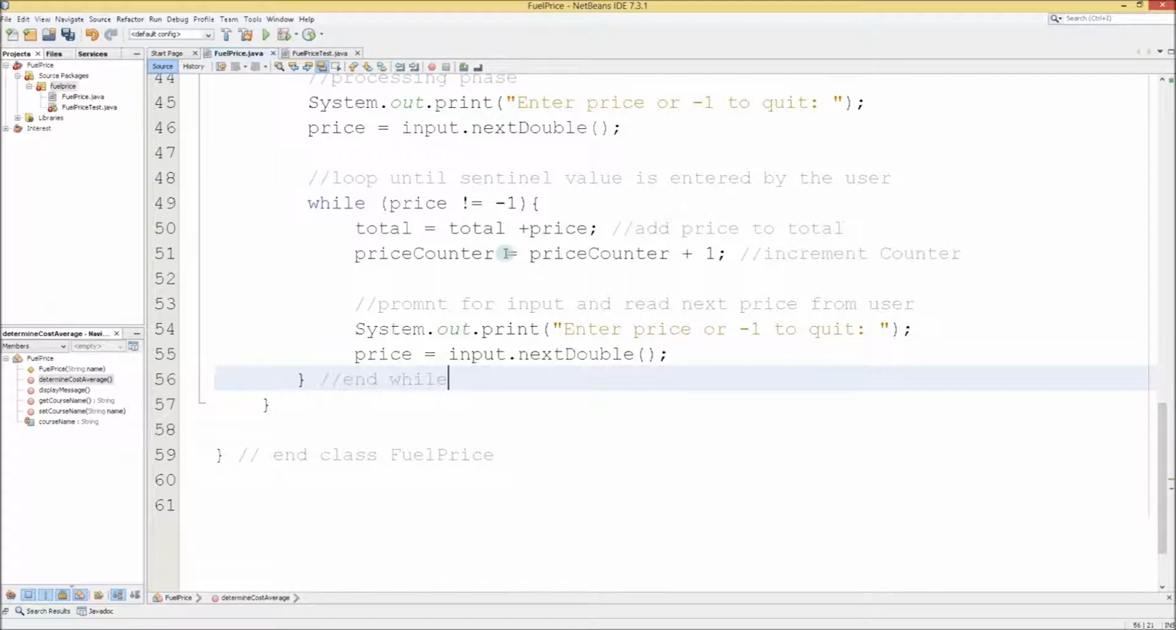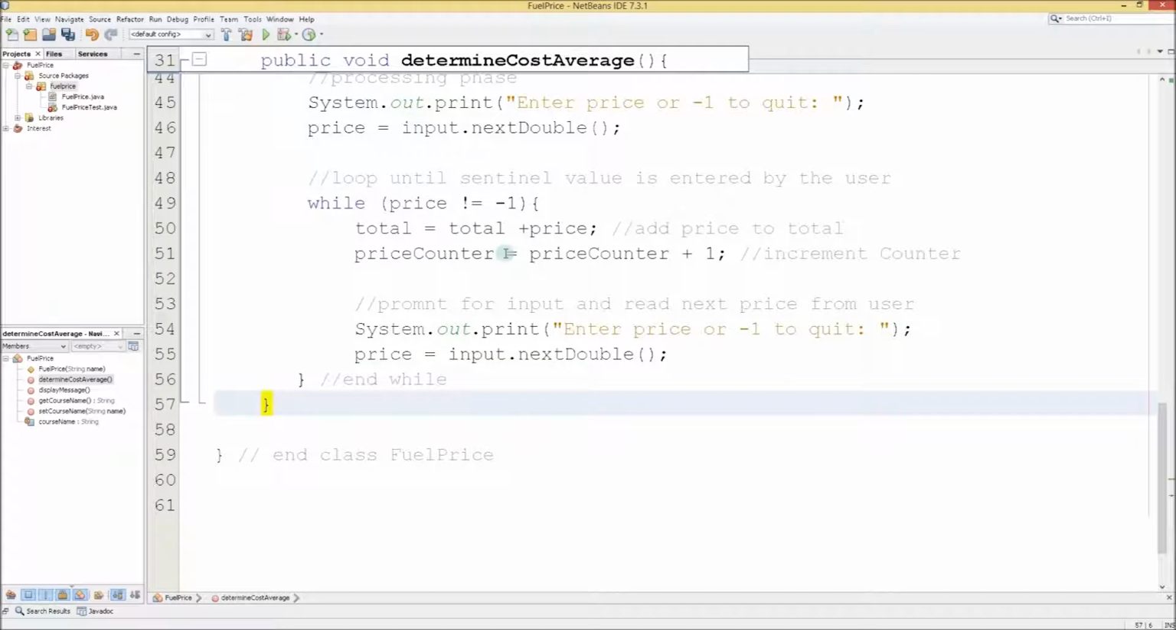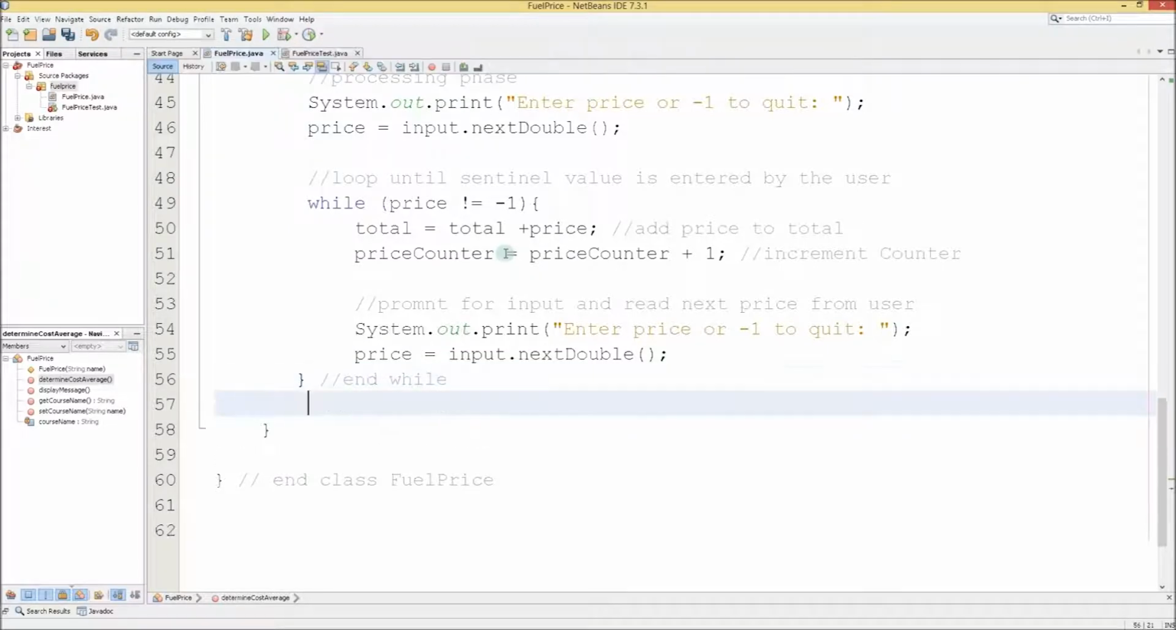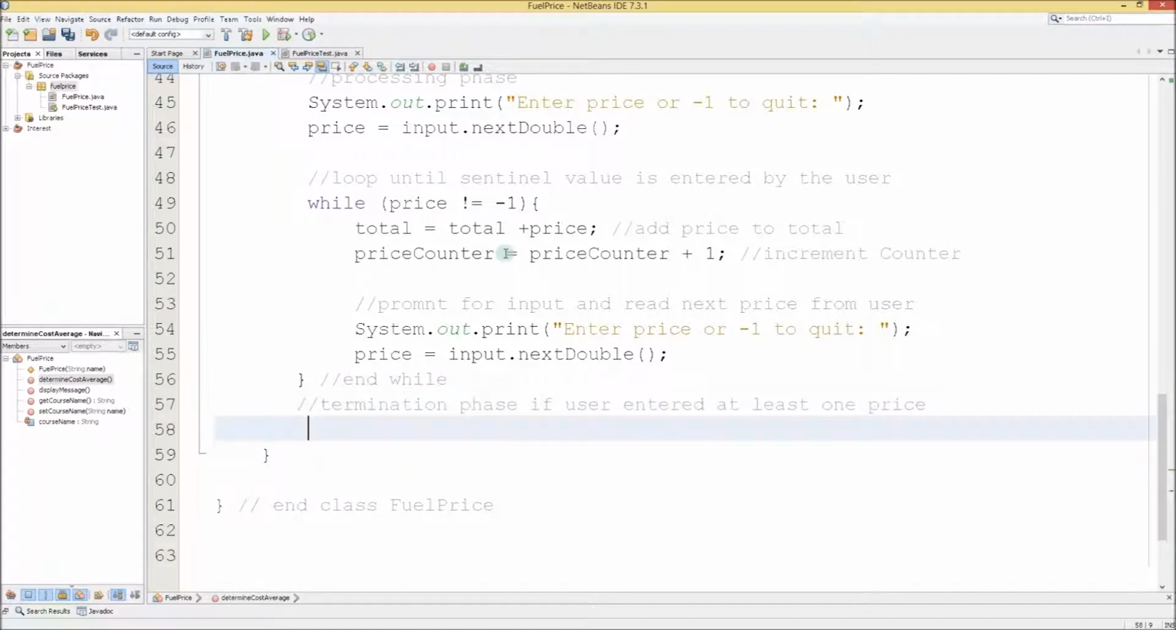And then we need to have our termination phase. So we don't quite want to end the other class yet. Okay, and let's do termination phase. If the user entered at least one price, we're going to do an if statement. So if price counter does not equal 0,